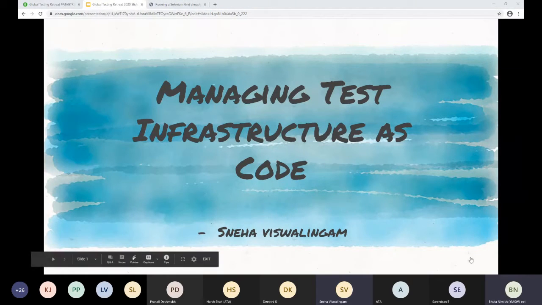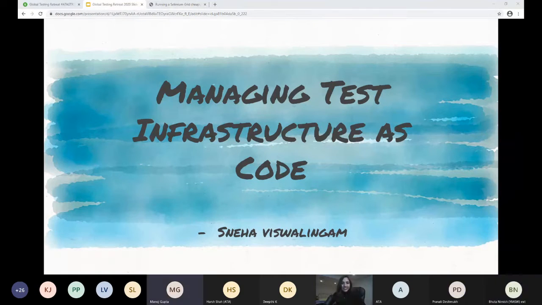Yeah, perfect. Okay. So hello everyone, I'm Sneha and thank you so much for the introduction, and I'm very happy and honored to be here with all of you. So today my talk is on managing test infrastructure as code. At this point, with the DevOps culture and continuous testing modernizing the way we release software, it's important for us to have more test coverage and to make important decisions with faster feedback and very high quality, right?